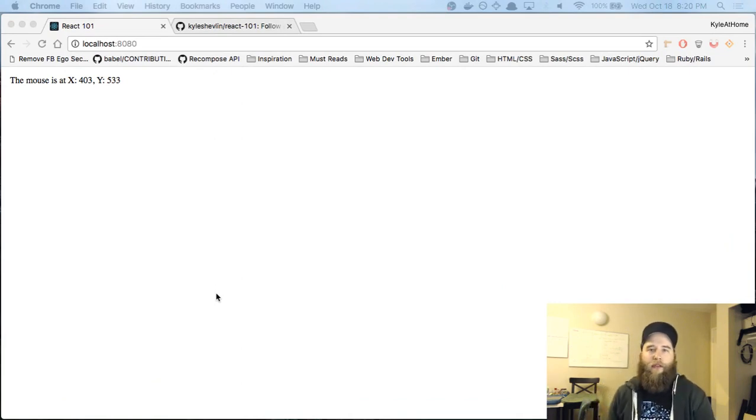Okay, so as I said, last week we walked through the basics of components. React.createElement is a function. We learned that JSX is syntactic sugar on those functions. And then we worked on stateless functional components, and we started working on stateful components.